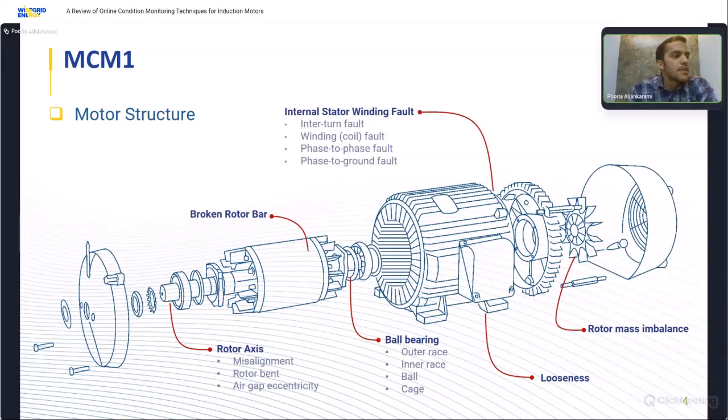Now, in the second part, we have the rotor. The rotor also consists of the rotor core and rotor bars, which will be introduced in the next slide. Each rotor bar is short-circuited through the end rings. As you can see here, the rotor shaft uses the bearings to run smoothly with less